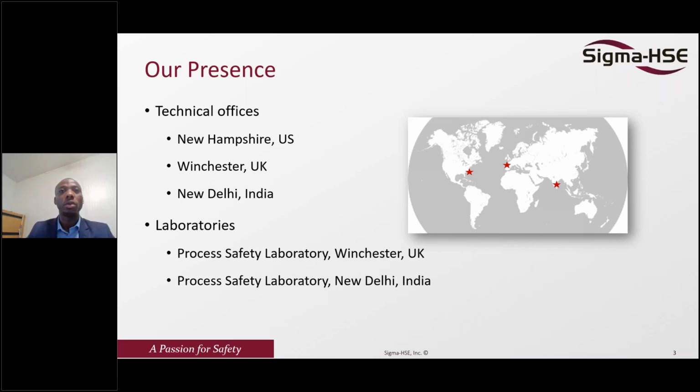And we also have the Europe office in Manchester, UK. We serve all the European region. And we have the Asia office in New Delhi, India, which serves all of Asia. We also have 2 ISO accredited laboratories. We have the one in the UK, which serves Europe and also North America. So all our samples from the United States actually go to our UK office, and the lab technicians and engineers are very, very knowledgeable. They know what they do, and they can understand your needs and perform the various tests to fit your needs. And we also have our Indian lab, which serves Asia.